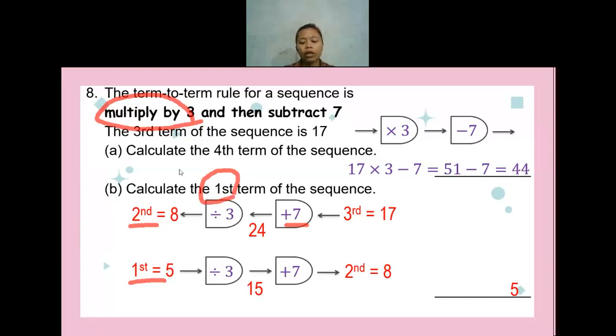Is there anyone having any question? No question? Okay. Jovan, are you done with this slide before I move to the previous question? I can go back to the previous one, but let me know if you're already done with question 8. If you're already done with question 8, I will go back to question 7.